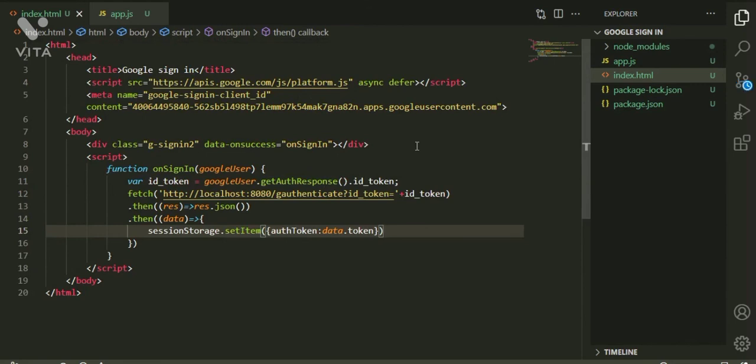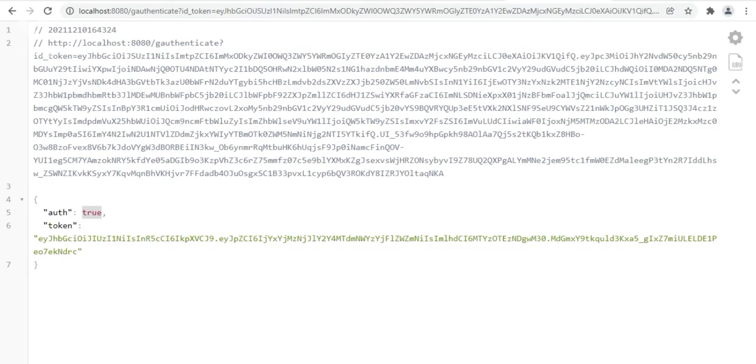So let us go to the HTML file and run this using live server. Let me open that. Yes, we can see the sign in button, and let us see what happens when you click. Okay, already signed in.